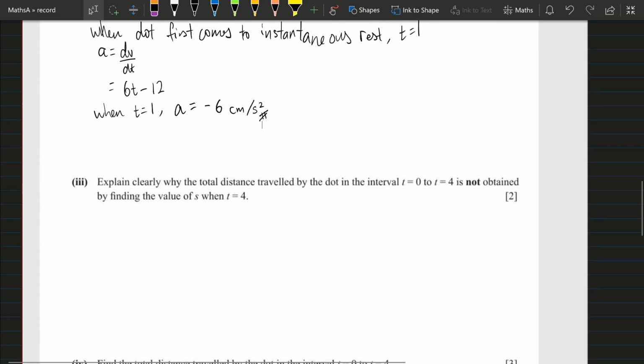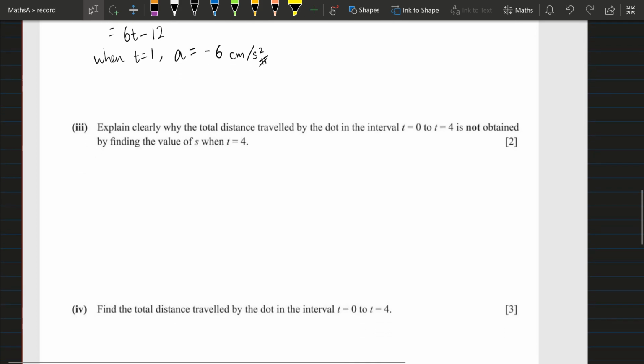Okay, so now this is a bit more interesting. Explain clearly why the total distance traveled by the dot in the interval t equals 0 to t equals 4 is not obtained by finding the value of s when t equals 4. And you're given 2 marks for it. Well, this 2-mark explanation isn't that straightforward actually, because I know most students at least, they would just say